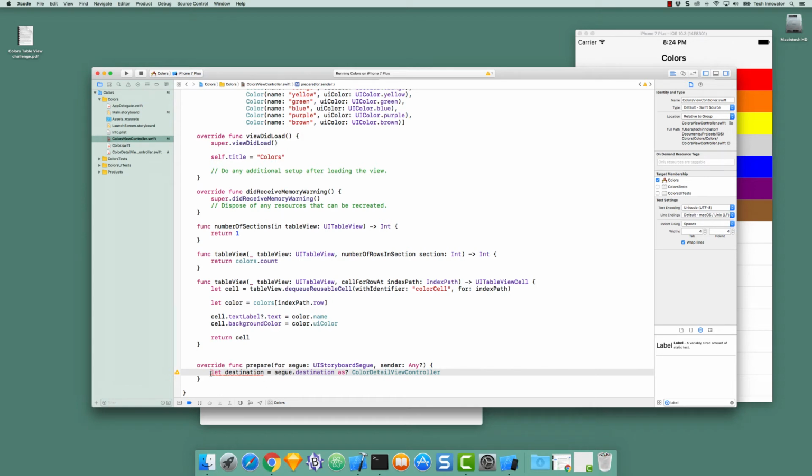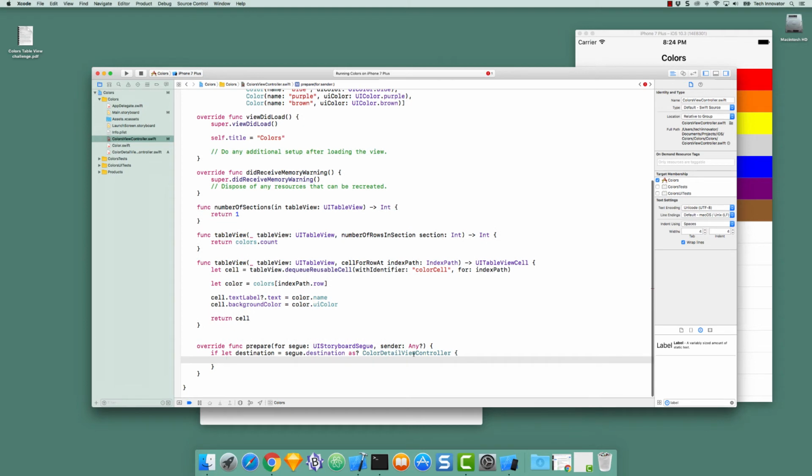So I can say if let destination equals segue.destination as? ColorDetailViewController. So only if this succeeds, can be cast, and can be unwrapped. That's what the if let does for us. So this piece right here results in an optional that's either nil or a ColorDetailViewController type. And it will, if it's not nil, get unwrapped into destination as that type, and the if let will be true,